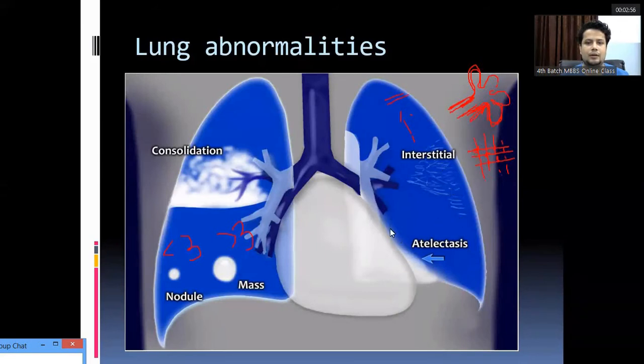Okay, next is atelectasis. This is the term used for collapse of the lung. Atelectasis means loss of volume. The volume of the lung will be decreased. It also appears as opacity of the lung. We can see that here is the opacity of the lung, but it is devoid of the air bronchogram. It has sharp margins, while the consolidation has fluffy margins. So these two might be confusing, consolidation and atelectasis.